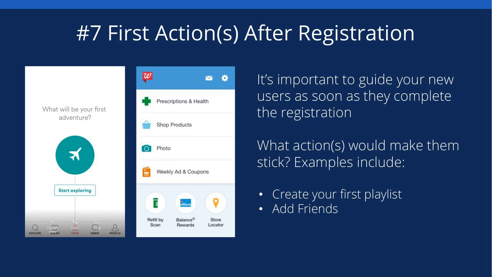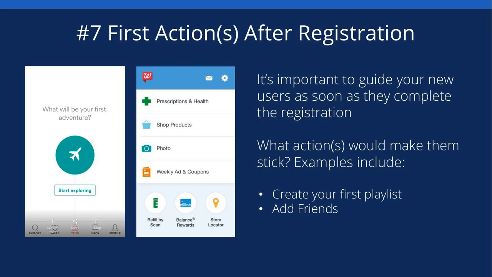So the final idea here is driving our users to a first action after registration. This is particularly important. We often see abandonment after registration because users are unable to determine what the next step is and how to drive to that core value of the app. So it's important to provide a little bit of guidance often so that your users can immediately see what that